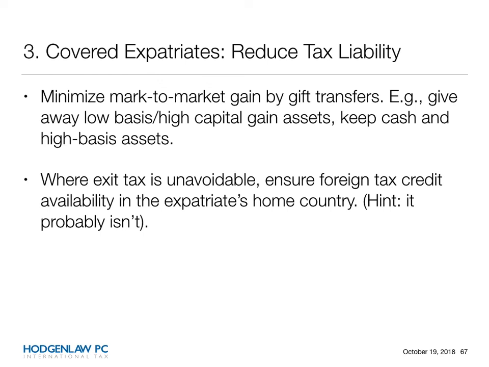So I gave you an example where the non-resident alien spouse gets the house with the capital gain built in, and the expatriating husband gets all the cash with no gain in it. Therefore, even though this person is a covered expatriate, there's going to be no income tax on the way out of the system. The other thing you need to do is look at the foreign tax credit on the other side, because remember, the exit tax is a phony baloney made up deemed tax in the United States, but there's no recognition event. And this creates a problem because when you're paying tax in the other country, you don't have the ability to use the foreign tax credit